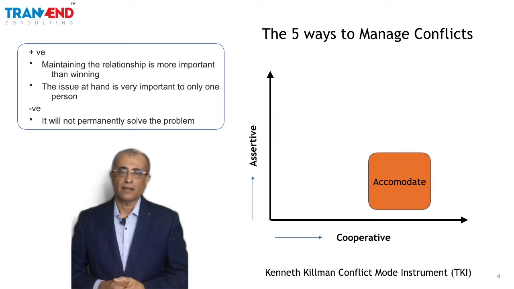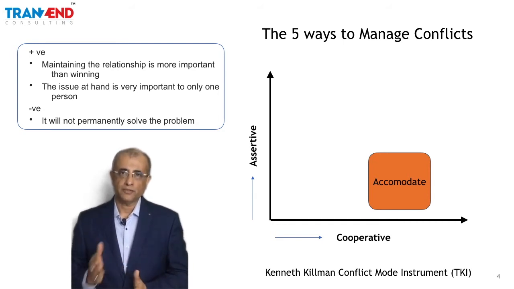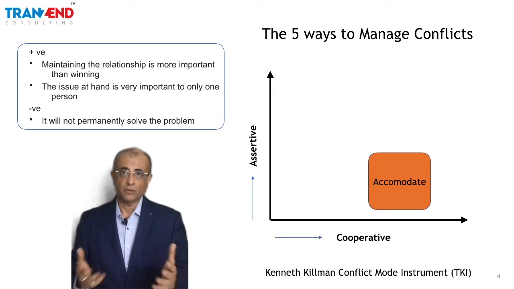On the other hand, if an accommodation is going to not really solve the problem, then you may want to avoid it. So if you take the same example of this colleague requesting you to shift the meeting by 2 hours, say you have this awareness that if you shift the meeting for this colleague for the reason that he's giving, you might find other team members also giving such reasons and asking you to shift the meetings in the future. In that case, you may want to not accommodate for the request.